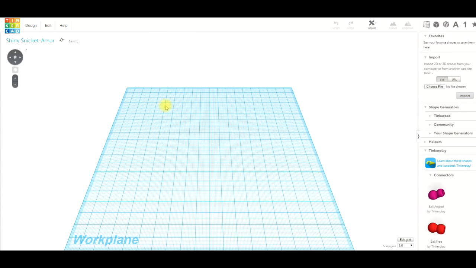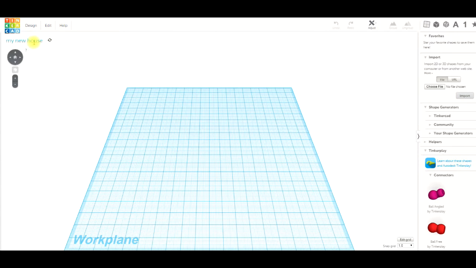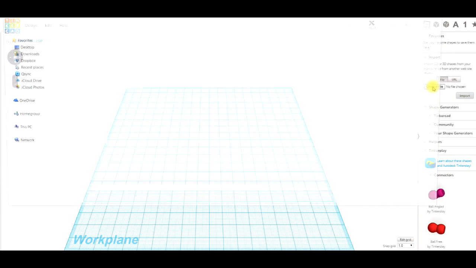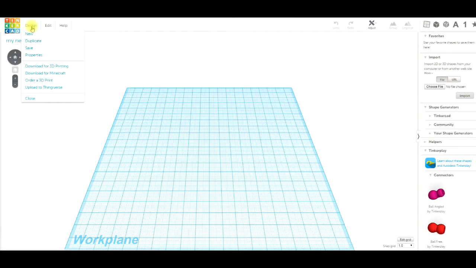Create a new design and go to design, properties, and whatever you're going to build. So this one might be my new house, and save changes, and it'll just change that name there to my new house. Okay, now you can, if you want, go and choose file and import the parts again. Yeah, but you might get fed up of doing that. I personally do. So the way I generally do it is I just close that,